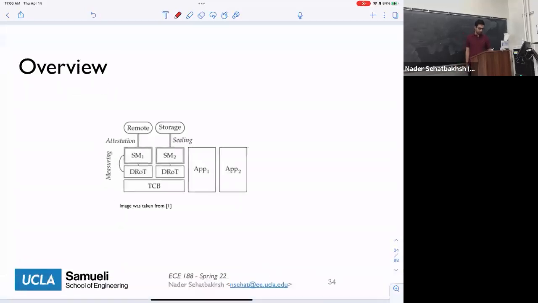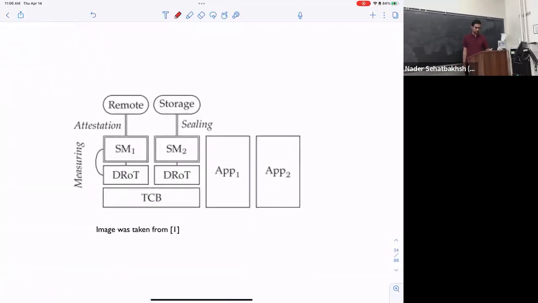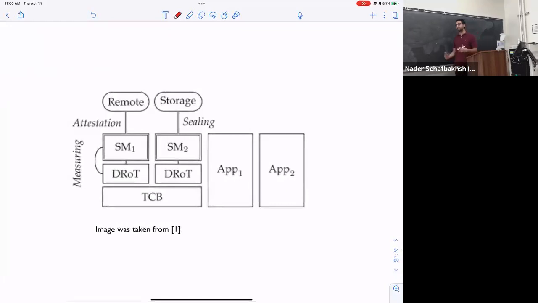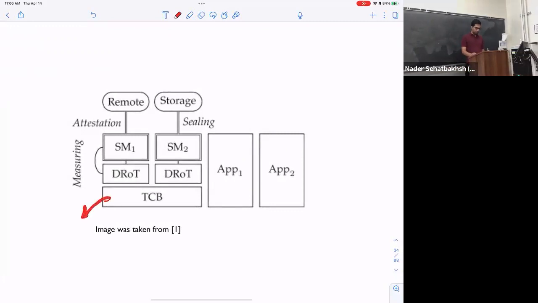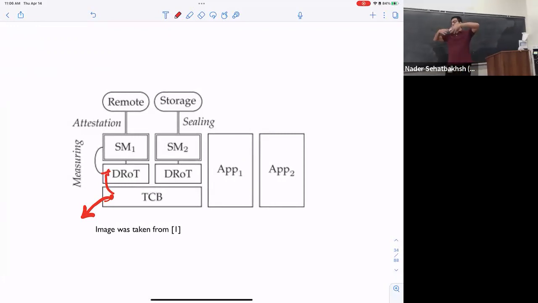This is a mental model of how a TEE works. So you have your trusted computing base, right? This is the part that you trust. Then you build off of that what's called the dynamic root of trust. You add more and more services to your system.